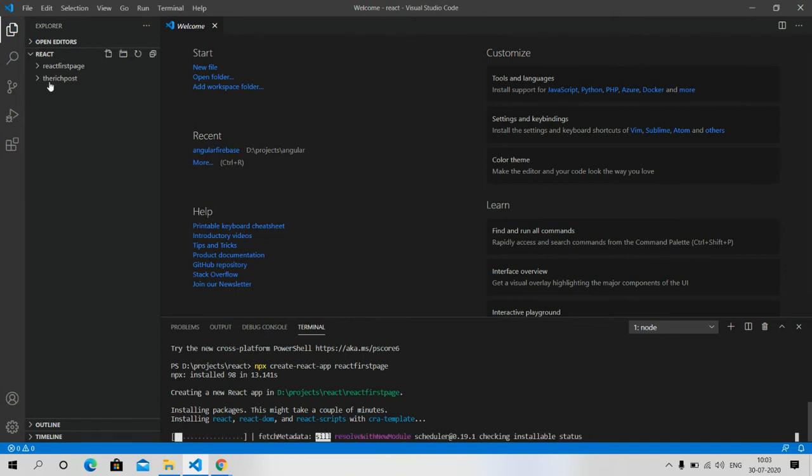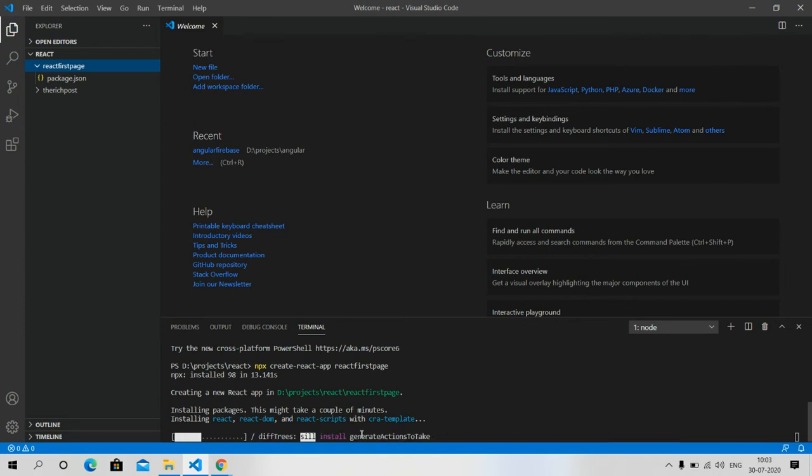Here you can see the project has been created with package.json files, and other modules are downloading. See friends, this is very simple.